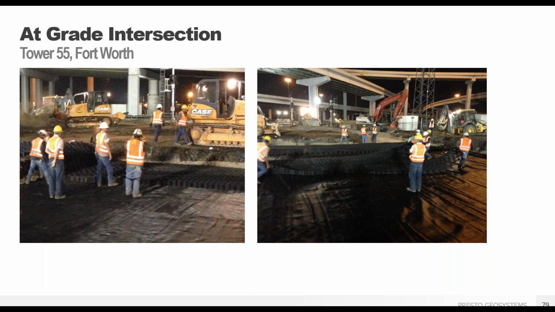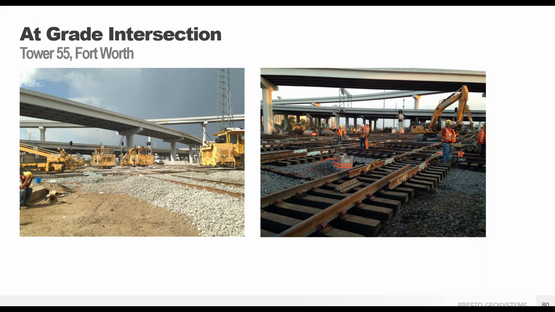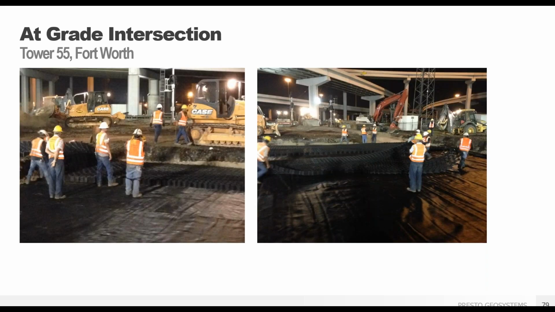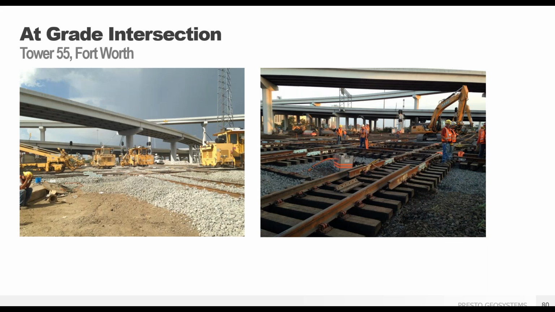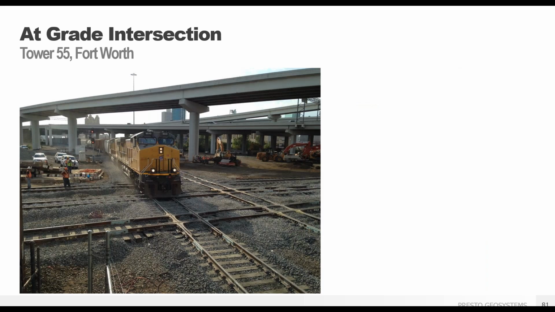So due to excessive wear, they went with, once again, enhanced woven geotextile, 6-inch GeoWeb, 2-inch wear surface, and then the ballast. So you can just see the placement of that geotextile and the GeoWeb. They used a low quality aggregate ballast as GeoWeb infill, and you can see the replacement of the ties and everything going into operation, and the first train going through it. This one's been in service for about 8 years also, and once again, very, very minimal maintenance on this crossing.